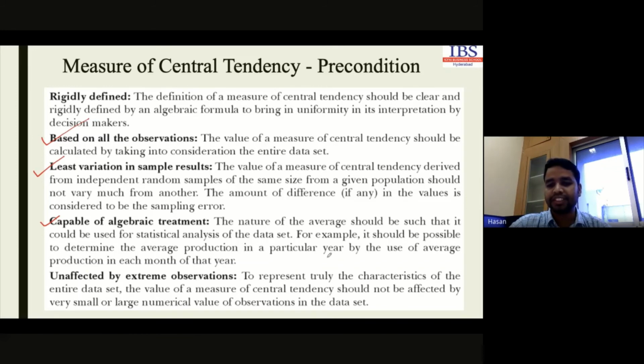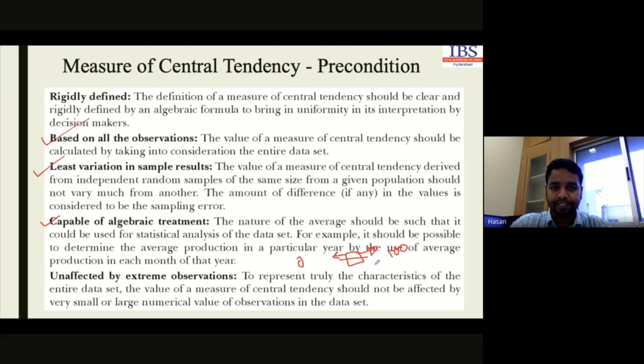Extreme observations means if our data ranges from 0 to 100, our expectation is most of the data should be lying around 50, in the middle position. So maximum data towards 0 or maximum data towards 100 is not expected. So extreme large or extreme small values should be eliminated from our calculations. These extreme values are known as outliers.